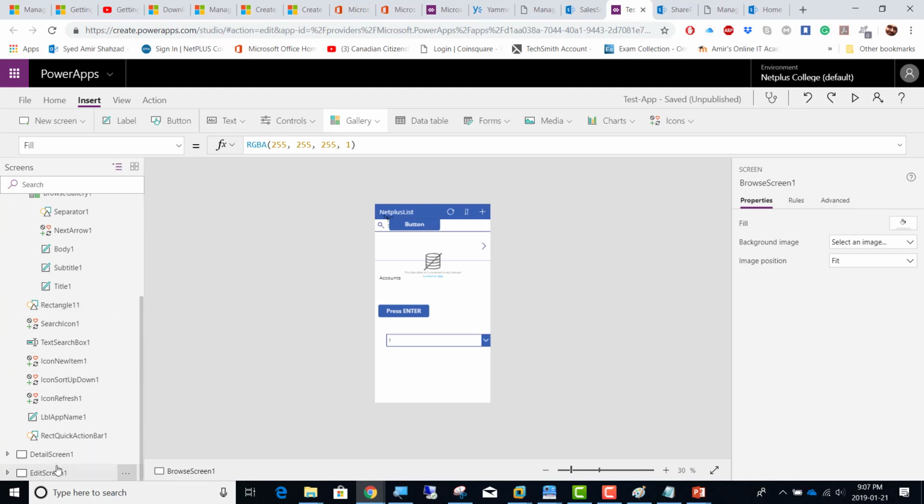Detail screen, edit screen. But we needed to get an idea that you want to create an app in Office 365 and do some charts and media and forms, put the forms there, a data table there. You click a button and the new accounts data table comes from SharePoint. It's going to grab a document from SharePoint, or you can grab some files from OneDrive. So it will use in the background all the SharePoint or Office 365 services. It really is deep, and there are many chapters in the